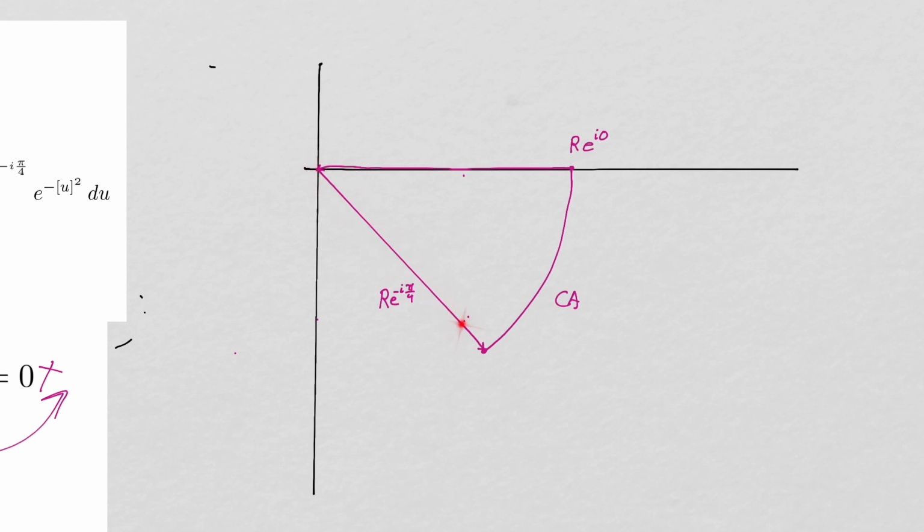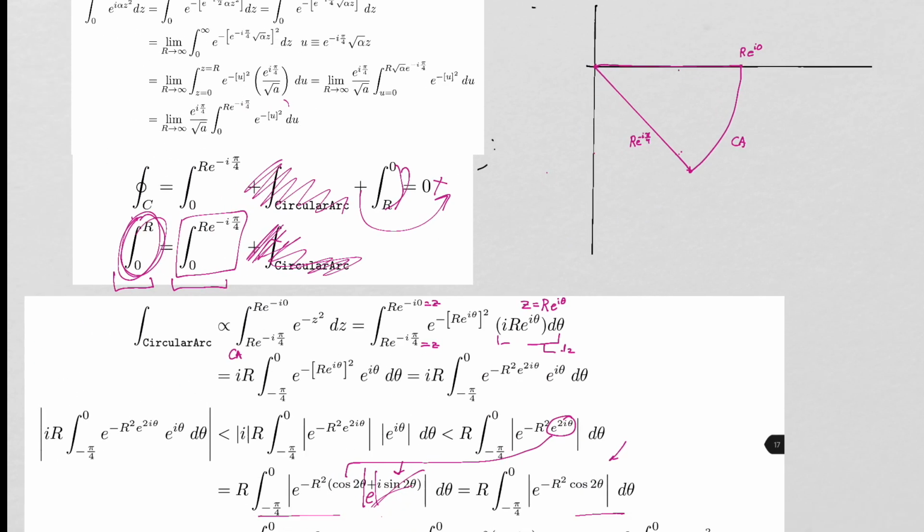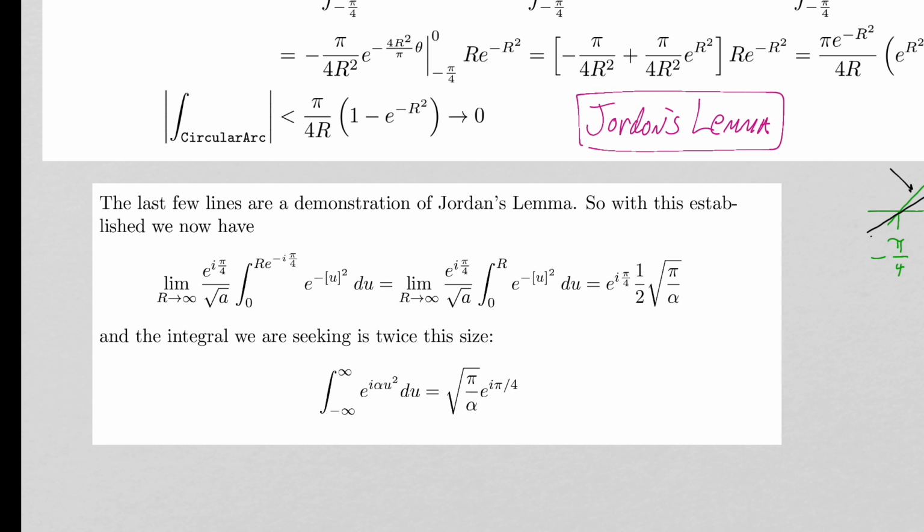So this is the integral we don't know. We figured this one is 0, and this one we can do. Ergo, because when you add them up they're 0, you've got your answer. This integral here must equal this value right here. And this guy, we know the answer to in the limit as r goes to infinity of that integral: it's going to be the square root of pi over 2. If it was minus r to r, then it would be the square root of pi, but it's half of that because it's symmetric. So we end up with